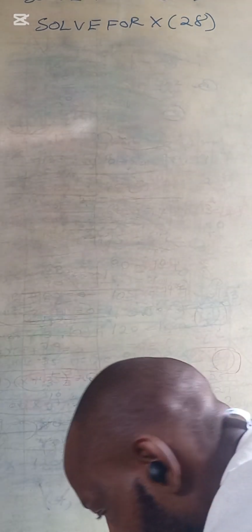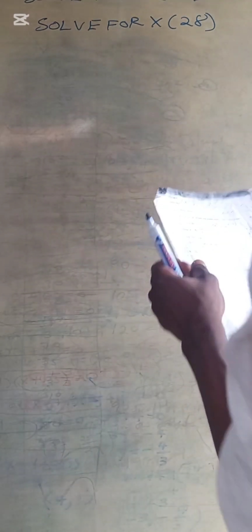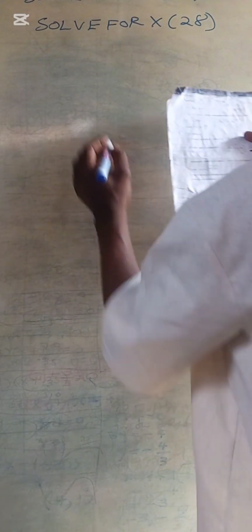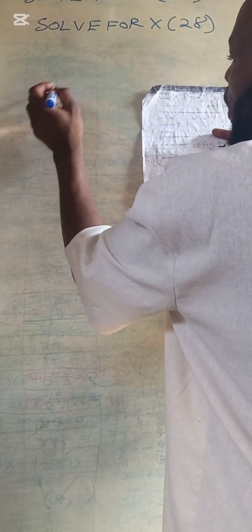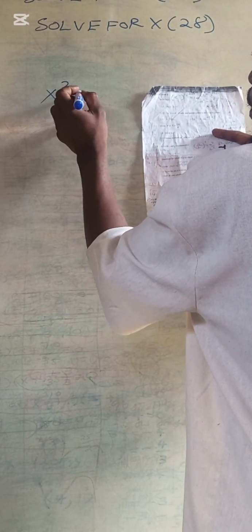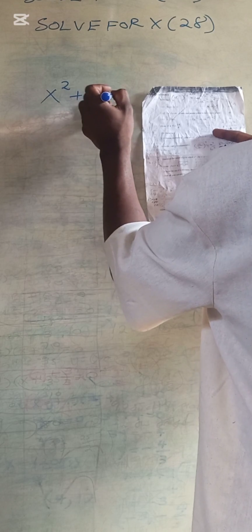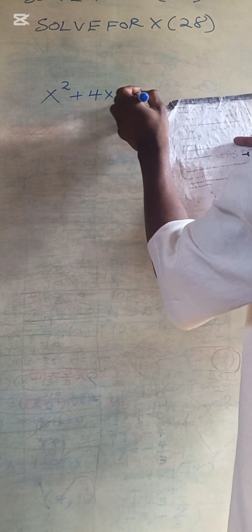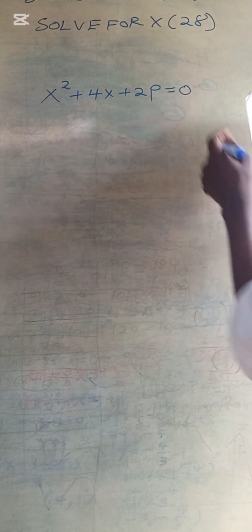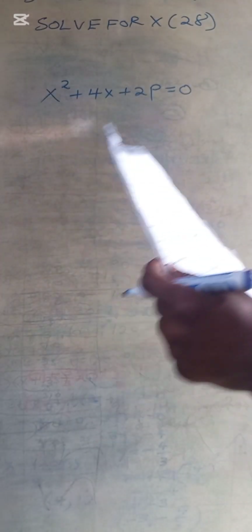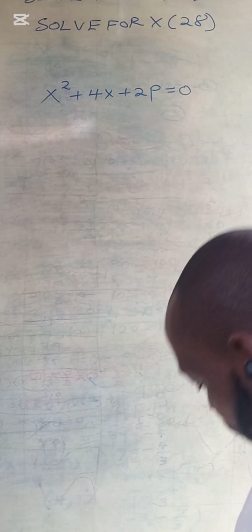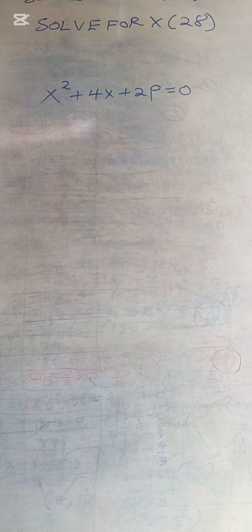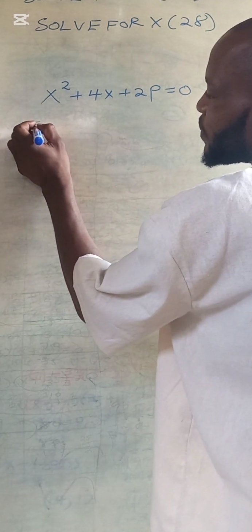Second last question, nature of roots. I've been promising to make a video on nature of roots. I will. Determine the values of p for which x squared plus 4x plus 2p is equal to 0 will have real roots. So for real roots,